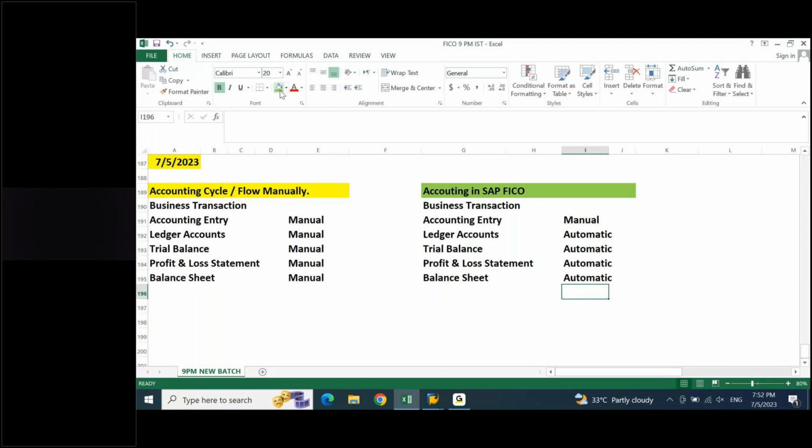Now your client cannot answer this. Your client will tell you, dear SAP FICO consultant, can you please advise on this? Or your client may simply say, okay, this is a technical point, so I will not be able to answer this. I will schedule a meeting with our SAP consultant tomorrow morning.